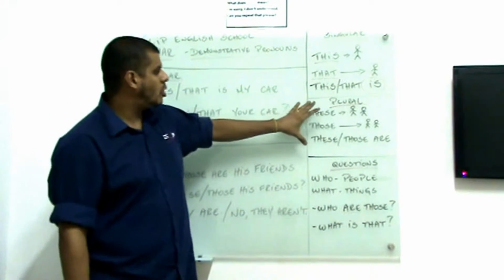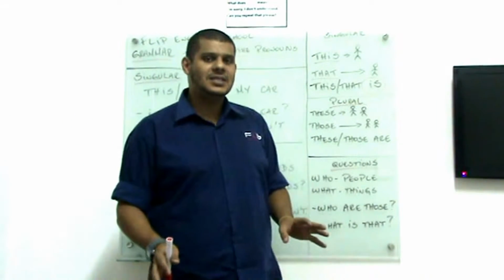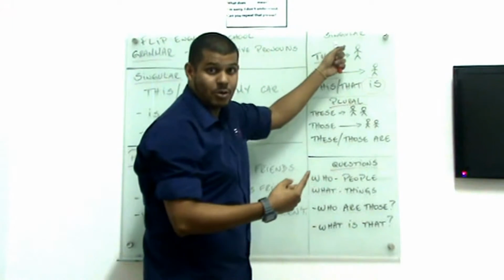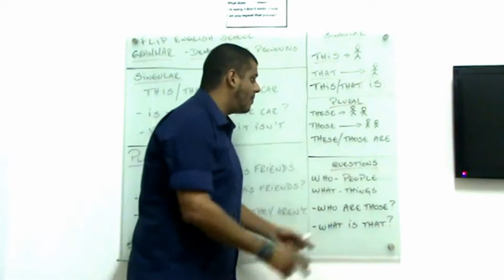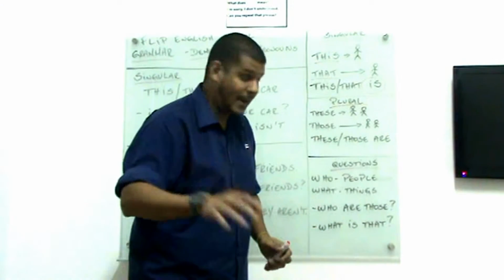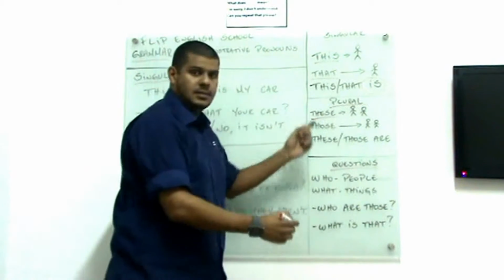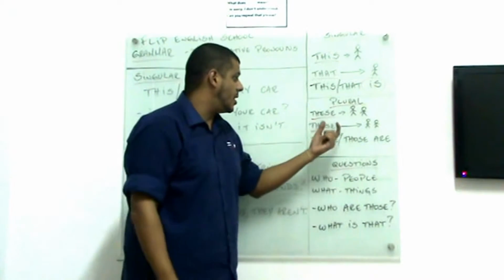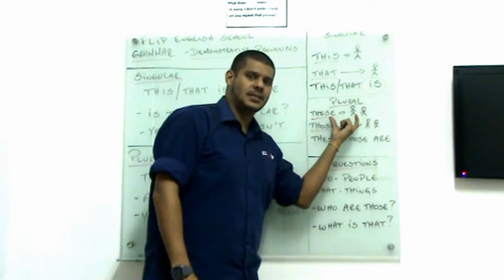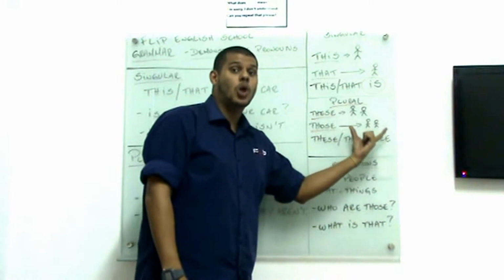After this, I want to talk to you about the plural form, okay? The plural form is very simple too. The difference is that when I use this and that, I only talk about one, you see? It's the singular form. So here when I use the plural form, I always talk about two or more. 2 or 3 or 4 or 5, alright? So here I have, again, these and those. What's the difference here? Similar to this, these talks about short distance, okay? Plural, but short distance. And when I use those, I am talking about long distance, okay?